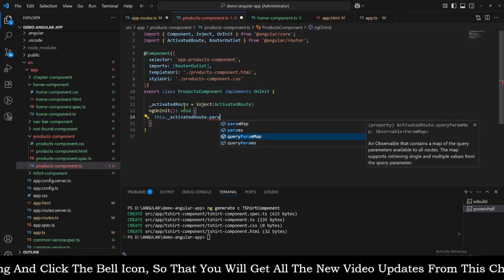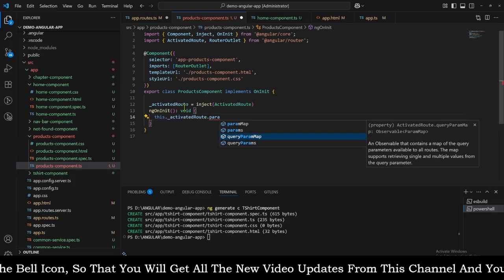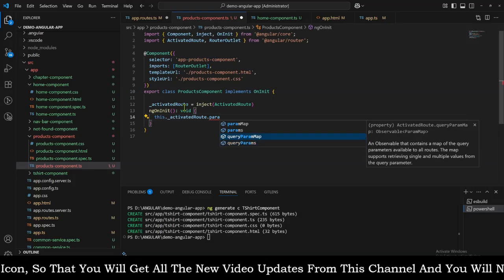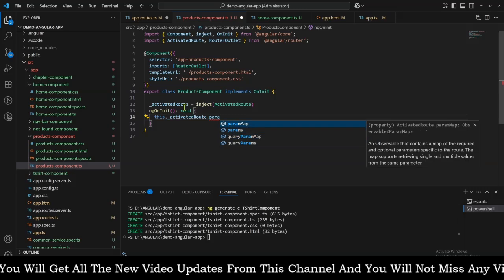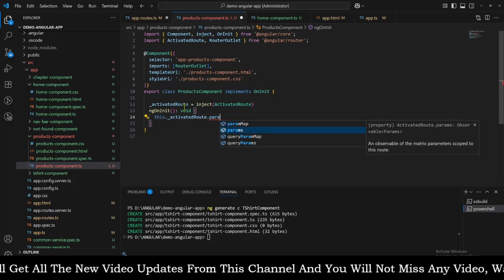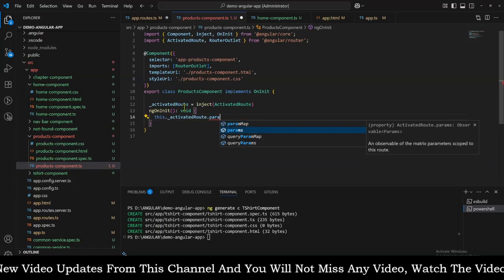Then we have a query param map and query params. So query we will look into in some time, once the params reading completes. But if you look at the params, there are two variants of reading params. The first one is params and the second one is params map. Let's look at the first one,